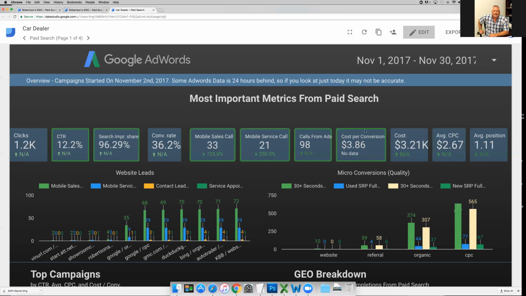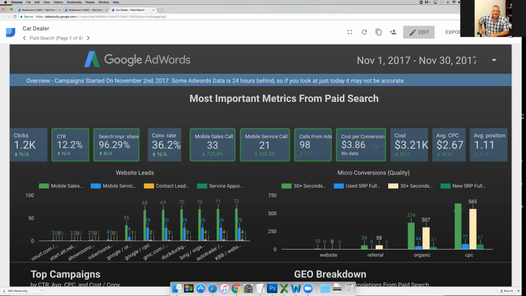So cost per conversion, here's what I care most about, not cost per click. This is a really good way to measure, and you can measure right down to the keyword. So it gives you an idea of what keyword you don't want to bid on, besides what you do want to bid on. And obviously, the keywords that convert, you want to optimize your campaigns as much as possible so you get good ad rank,